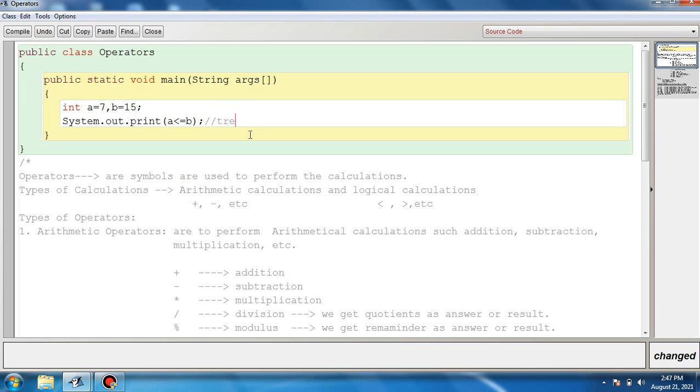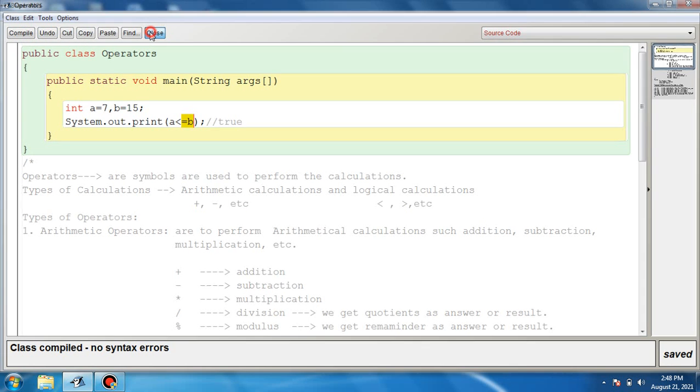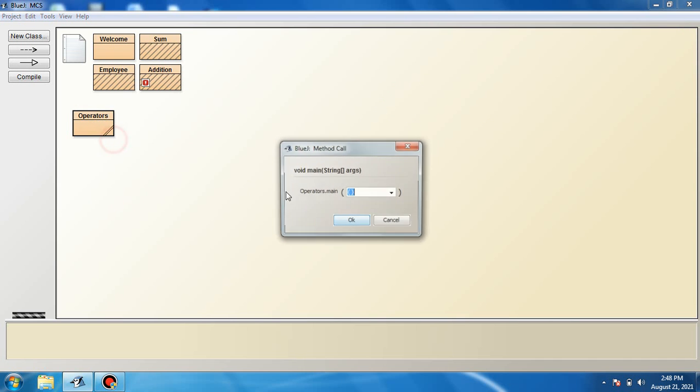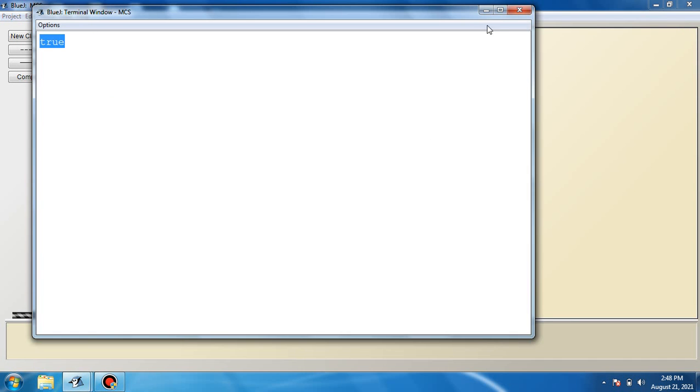Only in two scenarios will this less than or equal to operator result in true. The first is when the value of A is less than B, and the other is when it is equal to B. Since 7 is less than 15, it results in true. If we run this program, you can see it's true.